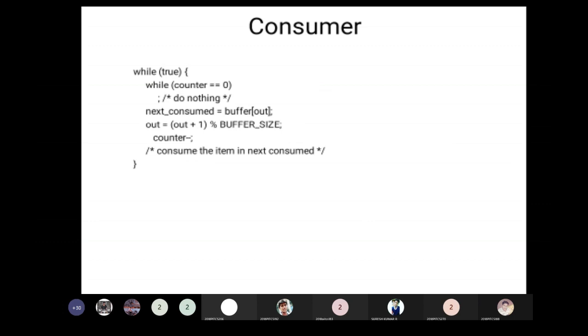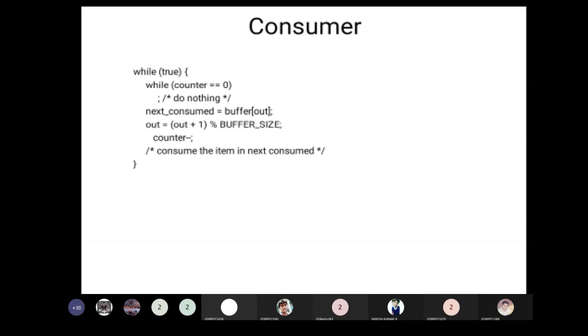So he takes a variable counter, and once he produces a new item and puts it in the bag, the counter is incremented. Every time, before putting a new item into the bag, he checks the counter against the buffer size. The counter should not be equal to buffer. If it reaches equal to buffer, that means there is no further space in the bag to hold any more chocolates. So this is done from the producer side.